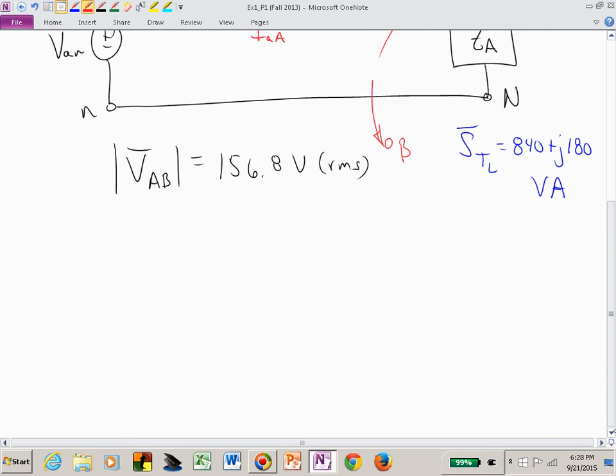If you have, let's say, a per phase complex power, this is V phase times I phase star, which if we replaced V phase with Z, and in this case it could be Z sub A,